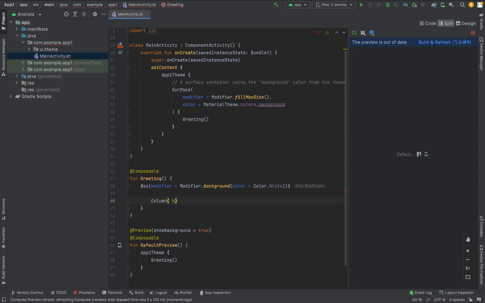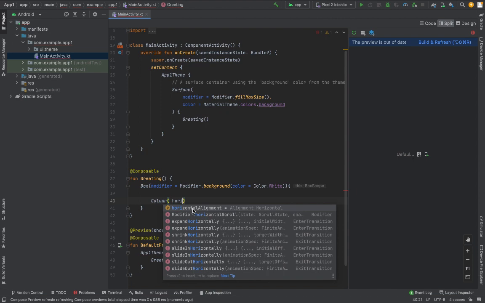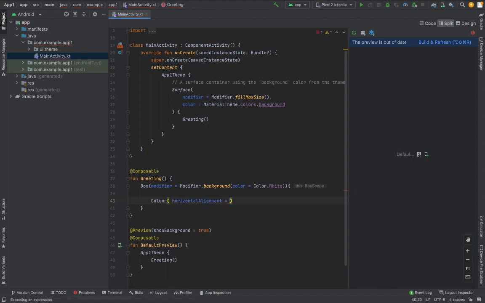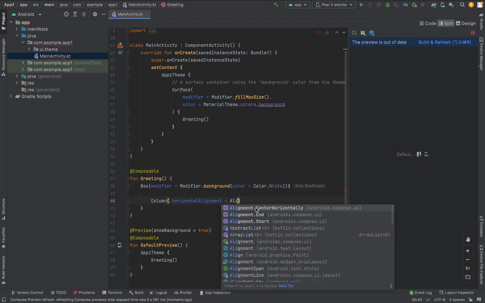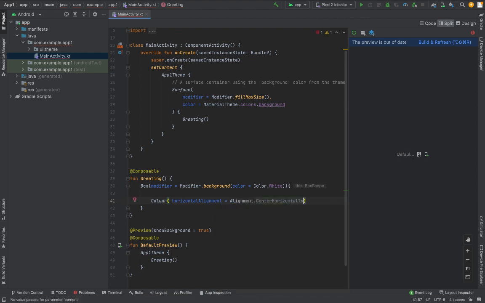Okay, now we'll write horizontal layout for horizontal alignment. You can see it appears over here. Select horizontal alignment, and then alignment would be center horizontally because we want that logo in the center. And then we'll add a comma and we'll write